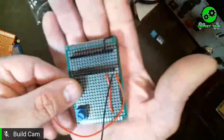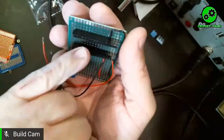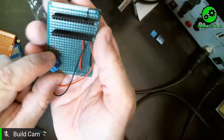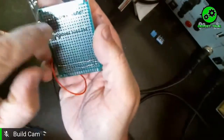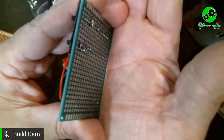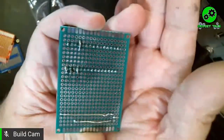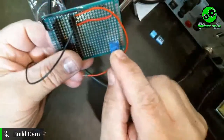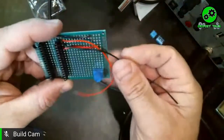So this is one that I made up at one point, right? And this actually has a connector on it here for the Arduino to hook to. And then it's all soldered through here, but since nothing's connected, you kind of got to run the line through, and this looks really, really bad. I pulled this out of my stuff from a couple of years ago. But you have to have everything connect. It's a little bit harder to see there, but anyways, and then I have a potentiometer here